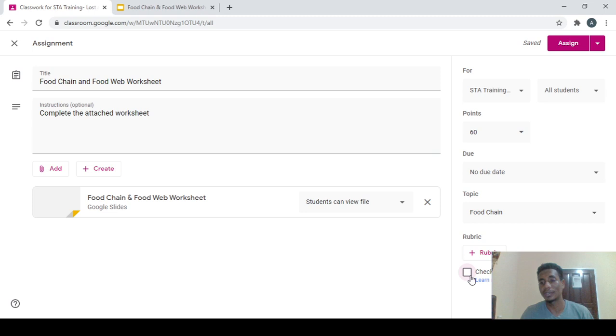All right. So that's one way of doing it. So I'll go to make copies for each student, so that each student will have their own individual copy that they can work with. And once they're able to do that, they'll be able to answer the questions and submit their own